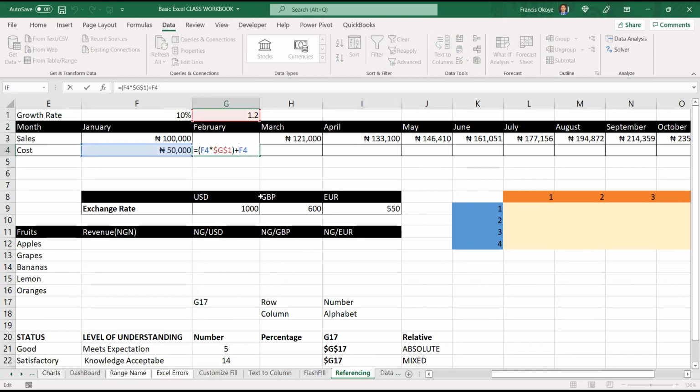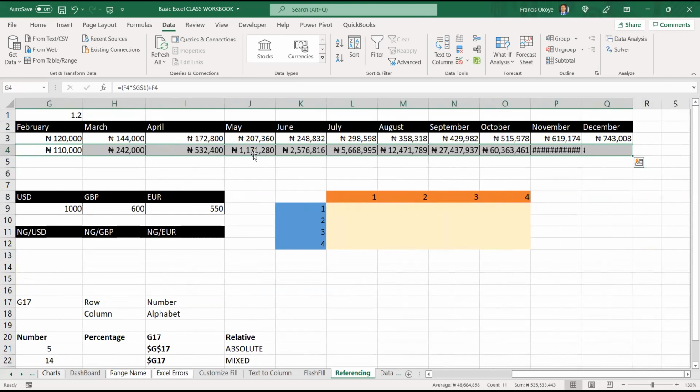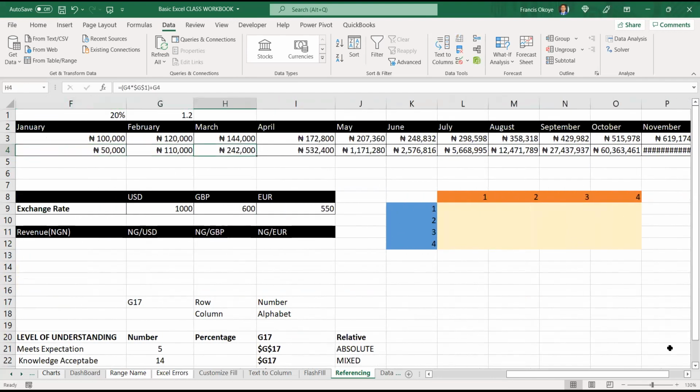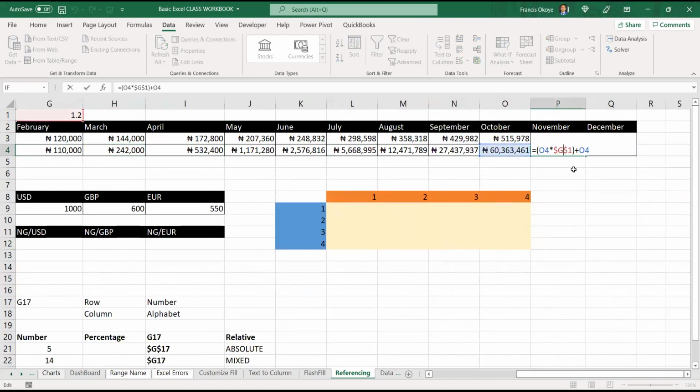Yes, sir. So if I increase here to 20%, can you see that? So the implication is that, why is that so big? What is happening? Why are we having 110 under February?